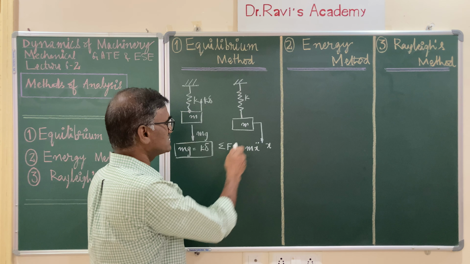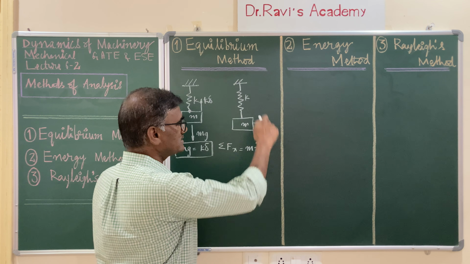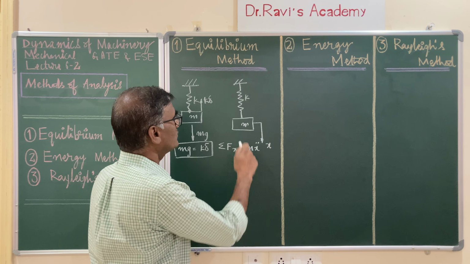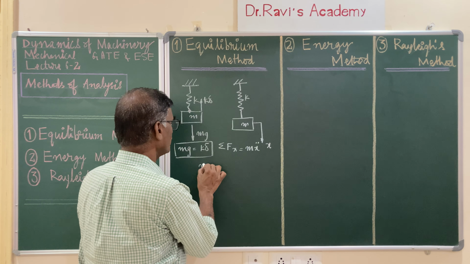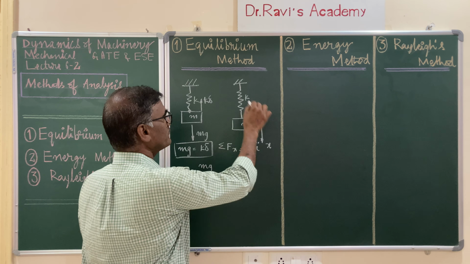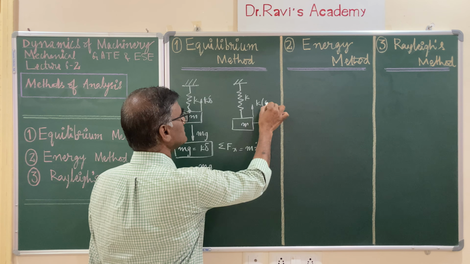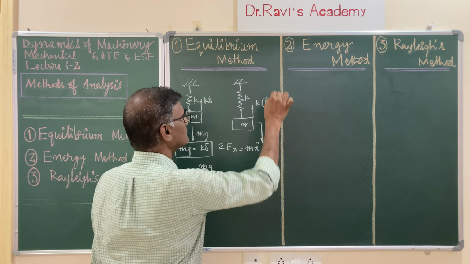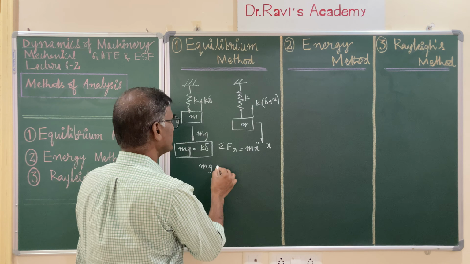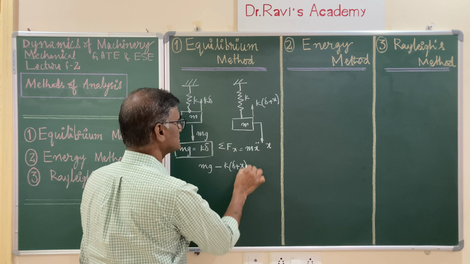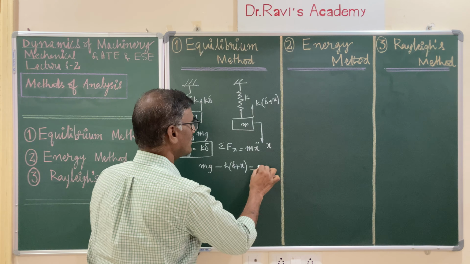So sum of the forces in the direction of the motion. Now x is downwards, that is the positive direction of the motion, and you have mg acting downwards, and the spring force is acting, it is k into delta plus x, the displacement. So it is in opposite direction, minus k times delta plus x is equal to mass into